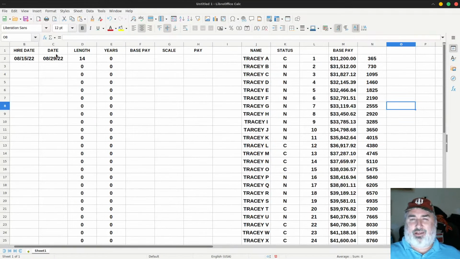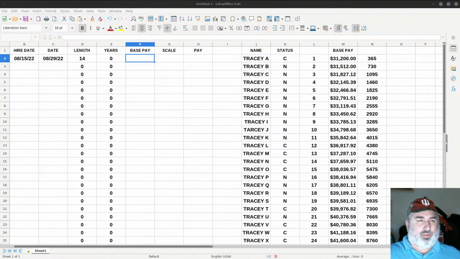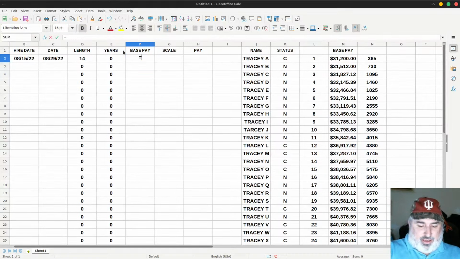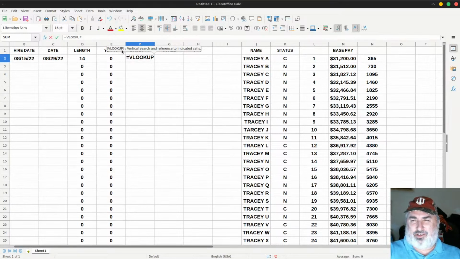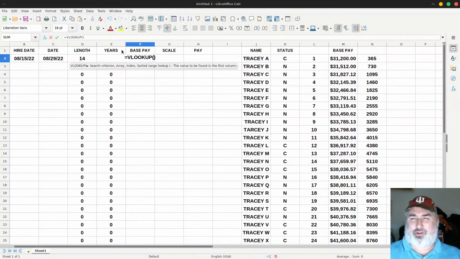I mean, what is this spreadsheet? Where's my base pay and all this stuff? This is when we're going to do some formulas here. Okay. We've got to figure out the base pay. So we're going to do an equals VLOOKUP right here. Whoa, spell it right. If you spell it right, it should just come right up. VLOOKUP. If you enter, your parentheses should come up, and the field we're looking for